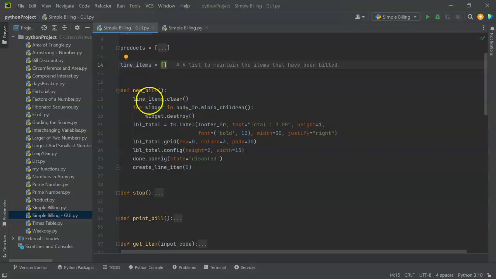So why should we clear it? It doesn't make sense in the first bill, but when we print the next bill onwards, items will be there in those. Entries will be there. So when we go to the next bill, we are clearing the previous bill's line items. So we are clearing the line items, but then on the screen, on the body frame, you still have those